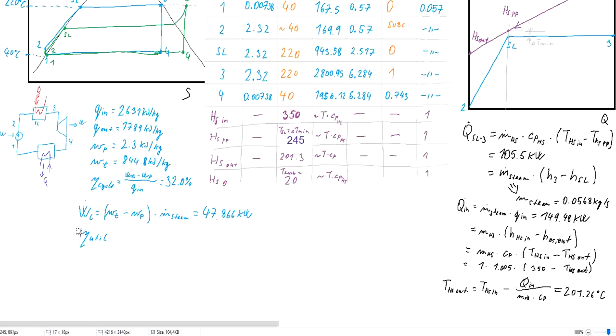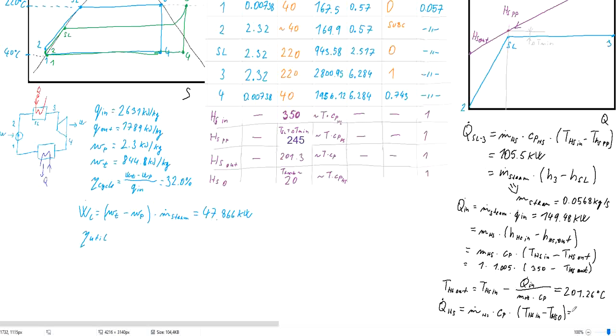But for that, first let's calculate one more parameter with the heats, and it's the heat potential or heat content of the heat source, and it will be the mass flow rate of the heat source multiplied by, well, it will be with the enthalpies, but we have a constant Cp, so multiplied by Cp and multiplied by the temperature difference between heat source inlet and heat source